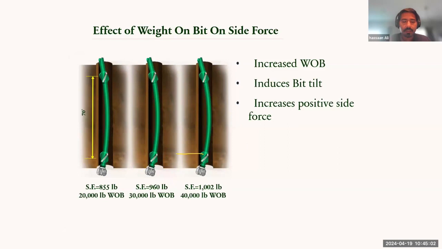Similarly, the other factor that comes into the flexibility is the weight on the bit, or WOB. As I mentioned earlier, you have your normal drill pipe, and then you have your heavyweight drill pipe. And your heavyweight drill pipe is selected based on how much weight on the bit you need. Because weight on the bit will effectively change the ROP, or rate of penetration, and that will determine how quickly you can drill the